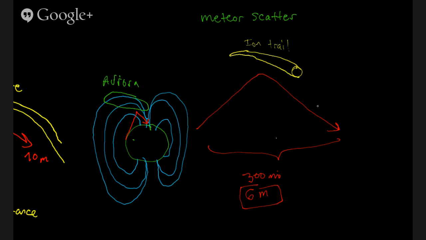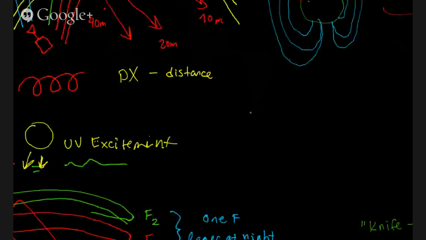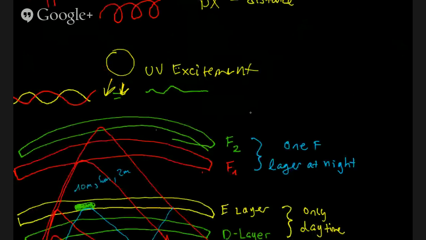And this is a fairly regular thing. There are fairly regular meteor showers. In addition to our regular D layer, E layer, and F layer propagation,